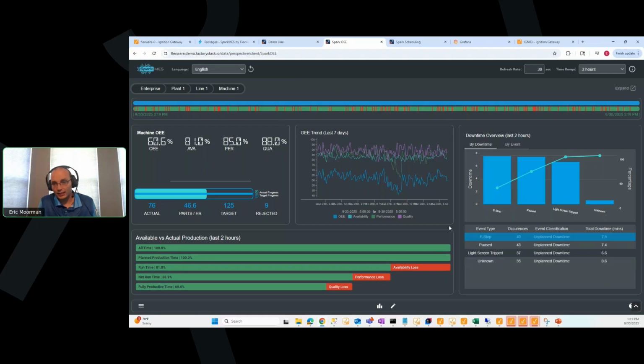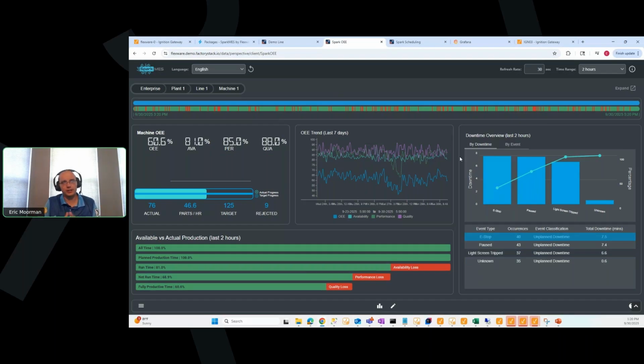So this is a high level of what the OEE package is really doing, right? We're gathering this data from the equipment level, we're showing it here for the machines, and then we're propagating it up to the area, to the line, and giving you those kinds of insights into what do I need to improve, right? Maybe your performance is low, right? And you need to start figuring out how can we up our line speeds or machine speeds to make sure we're matching that. Or maybe you have lots of downtime for a certain reason, like e-stops being pressed. How do you mitigate those to get your time back? So